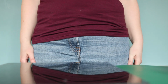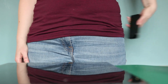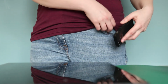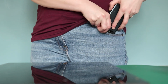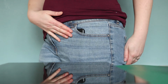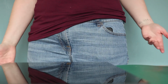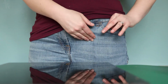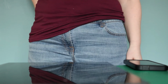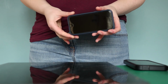A couple of weeks ago my phone ended up in the sea. It didn't survive the trip and has had to be replaced. Now my old phone was an iPhone SE which just about fit into my jeans pockets. But my replacement phone, which is an iPhone 7, sticks way out of the top of my pocket and it's